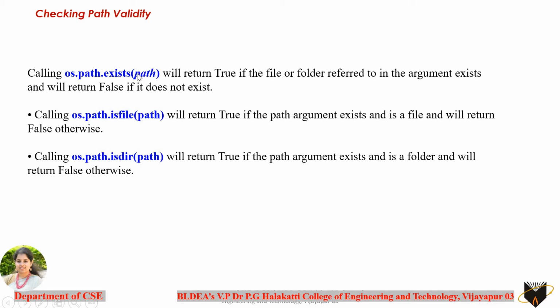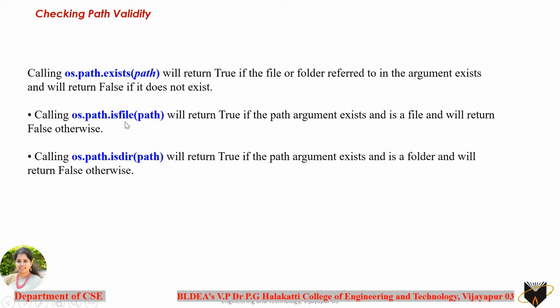This method is going to take the path as a parameter. All these three methods are going to give the result as True or False. If the path exists, it will give the result True. If it doesn't exist, it will give False. Similarly, os.path.isfile again takes the absolute path of the file.